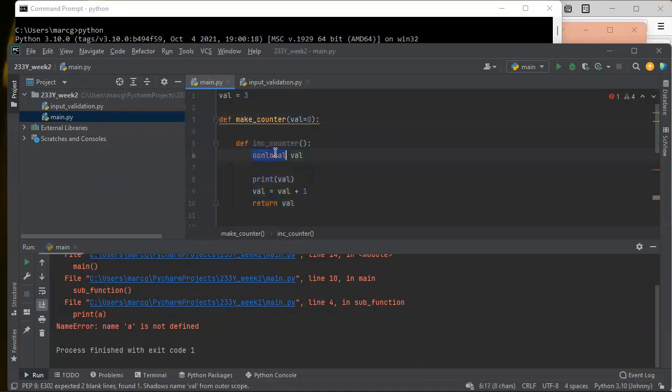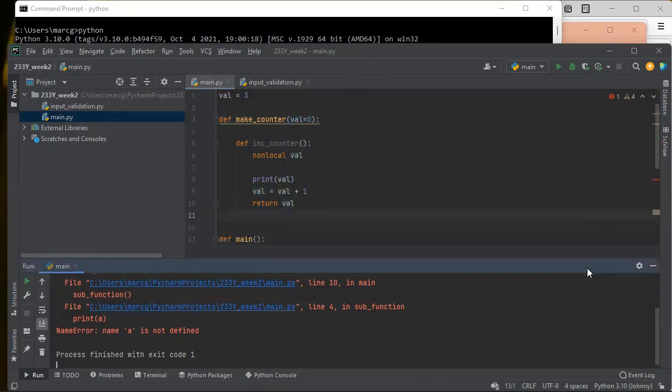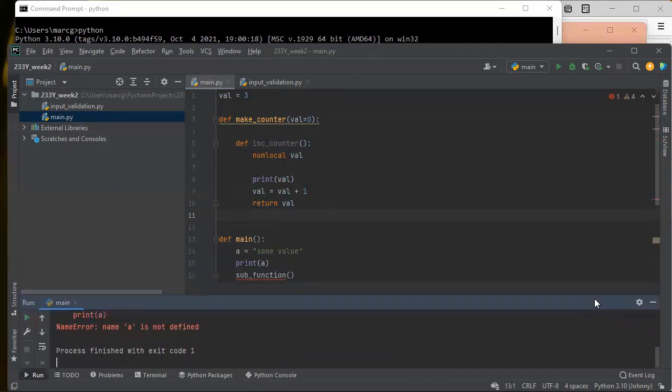If I had this declared as nonlocal and I set the value of val to be val plus 1, if val starts out at 0, when I execute this line of code, it will change this val to be 1. And now we're actually ready to see that. The way I actually execute this is in my main function, what I'm going to do is, so here's a